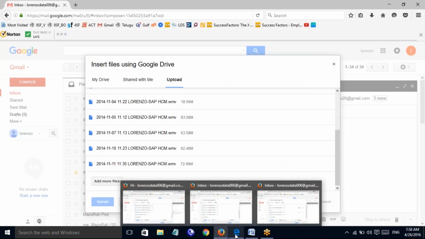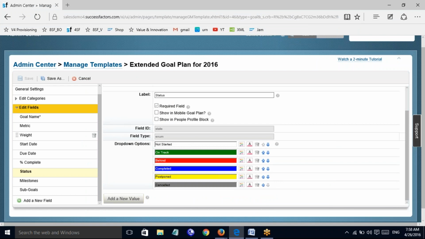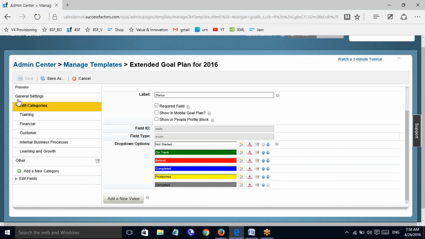So before that, let me explain this. There is one point you should remember when I look at the categories. It's all right when you add the goals from your success story, nothing will happen. But if you are going to modify an existing goal plan template, here in the manage template, you see there are a lot of other goal plan templates.